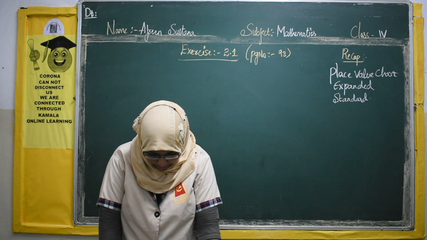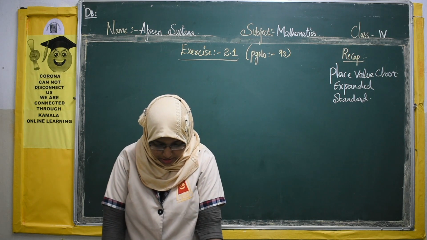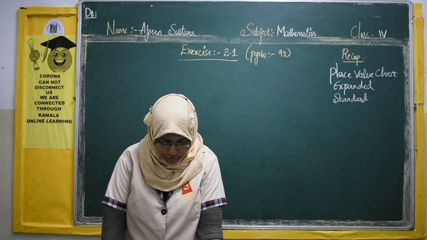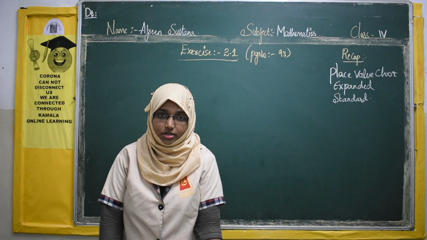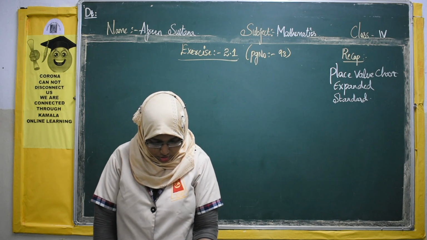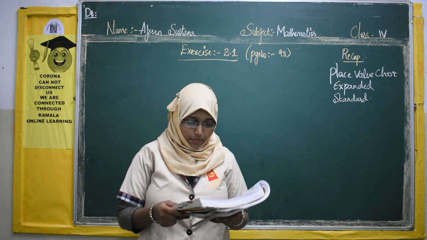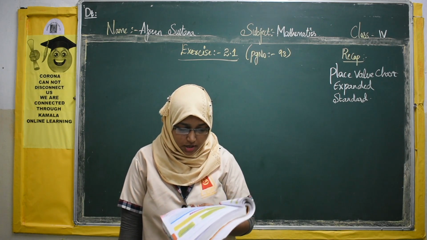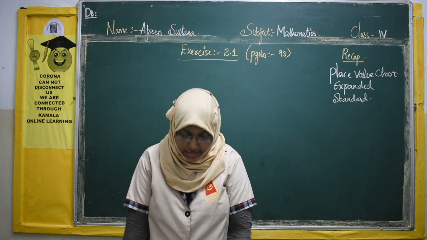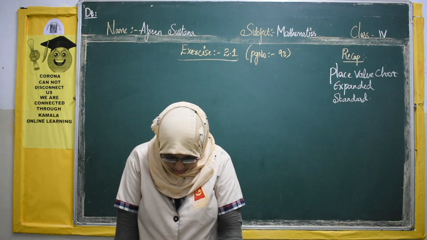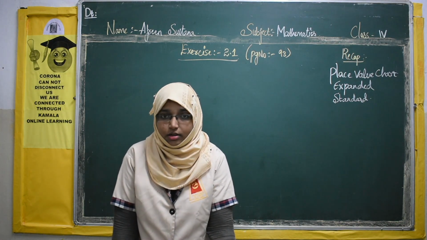So see students, in exercise 2.1, the first bit is match the numbers with their number names. So I think this is a very easy bit. You can try it. Today in this session we will start with our second bit. So let us see what is the second bit. Place commas according to the periods and then write the number names. So here what they are saying, place commas. They have given the number, we have to place the commas accordingly and then write the number names.